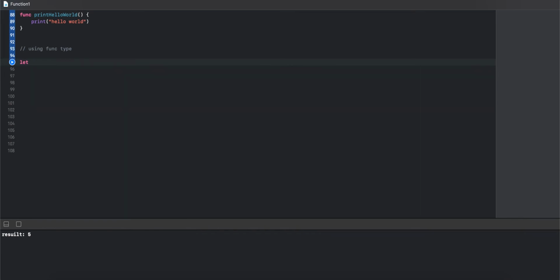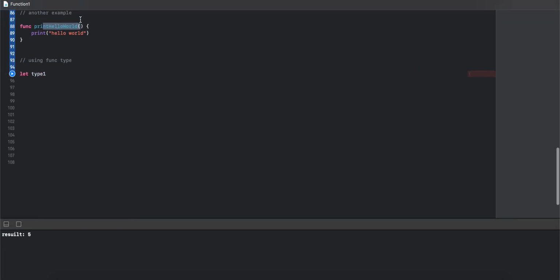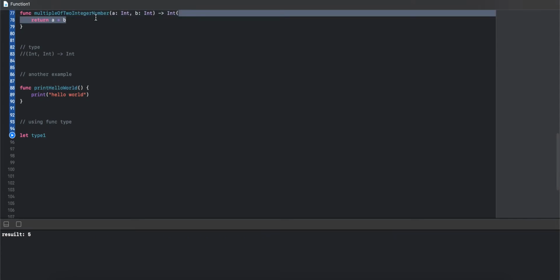Let's say the name is type 1. We define a constant or variable of function type and assign the appropriate function name to that variable.